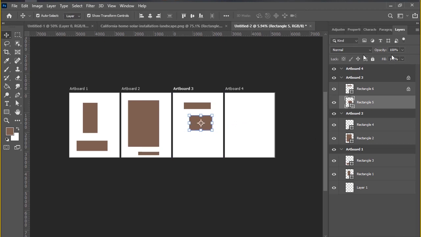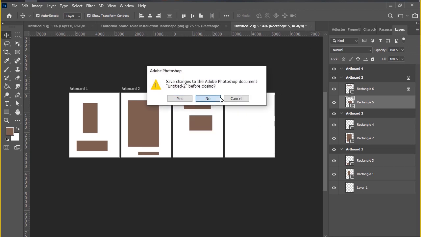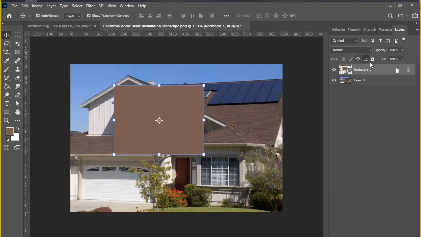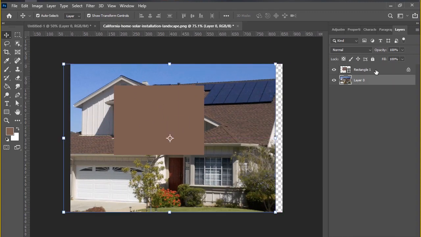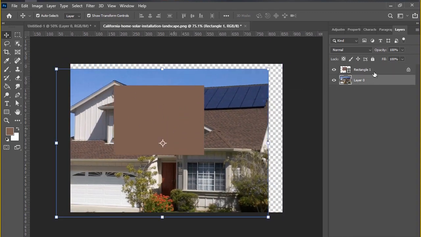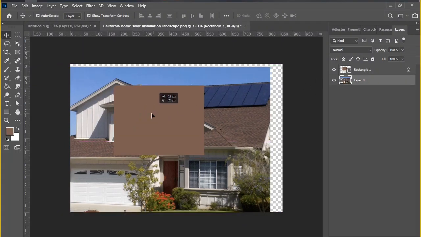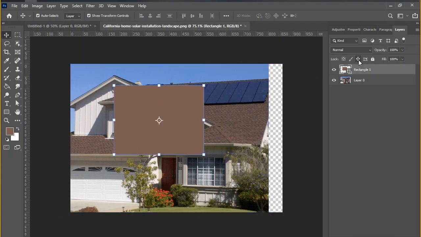This is artboard lock. You will see this icon. This is locked by artboard. And the second one is move tools. Look at this, it's also similar to the lock icon. Like you can't move this layer. This is locked by